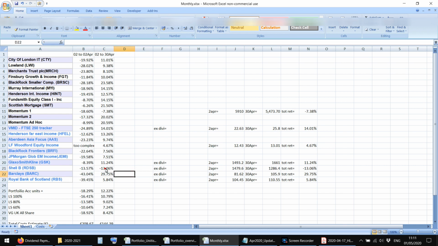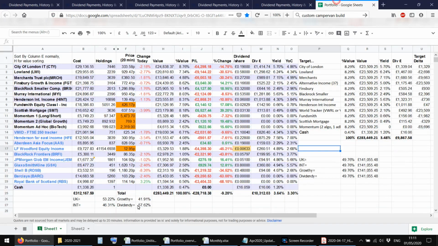Shell's had a really bad month, obviously. They cut. Yes, that's what I forgot to say, wasn't it? Shell cut the dividend. How did I miss that? If we look here, my Shell dividend has heavily reduced. First time since the Second World War. So it's 0.16 there. It used to be 0.47